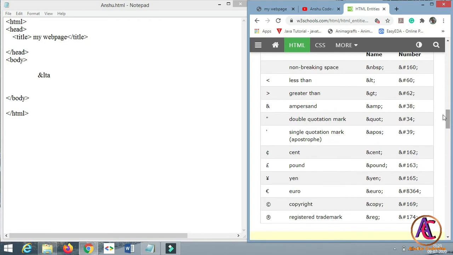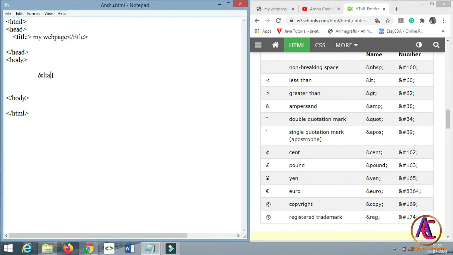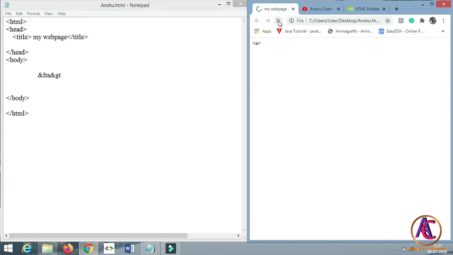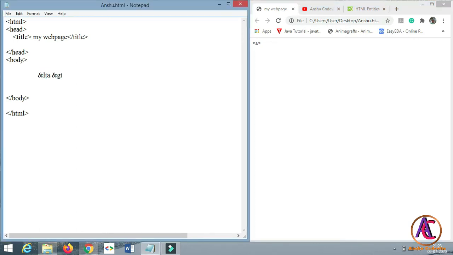So go to the code and say that for less than it is lt and for greater than it is gt. So type &gt;, save it and go to our website and refresh it. You will see that the a tag appears, what we wanted to represent.